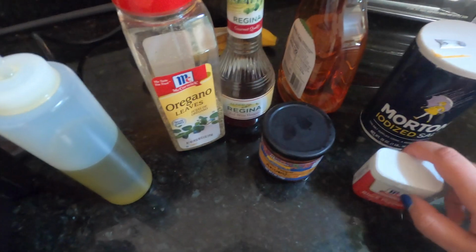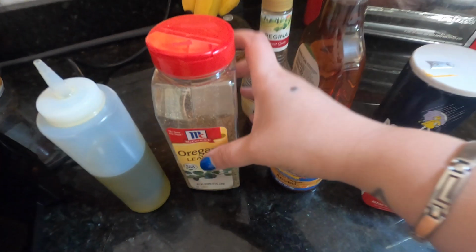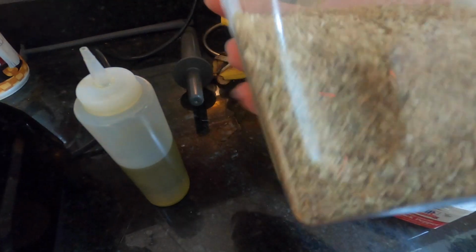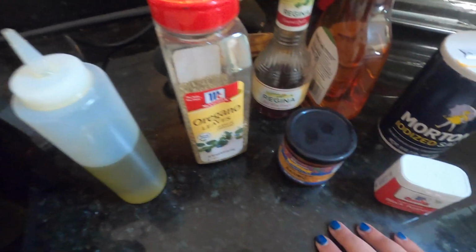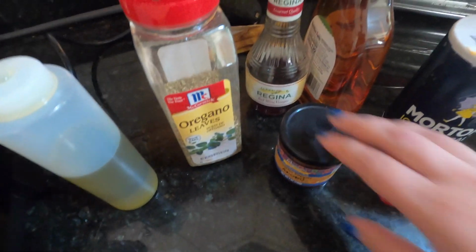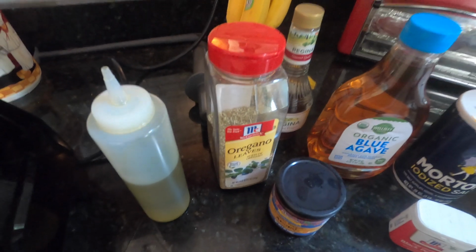Black pepper we're also going to add. We're going to add some red wine vinegar. Generally, you want to cut fresh oregano. I'm just going to use some dried oregano seasoning. And then Chipotle does use fresh oregano, just for the record. And then, yeah, most people are going to use